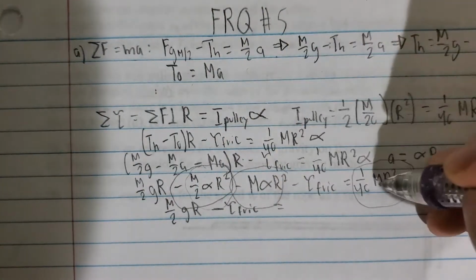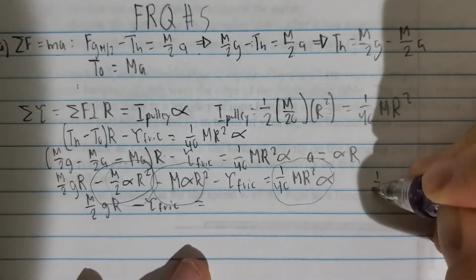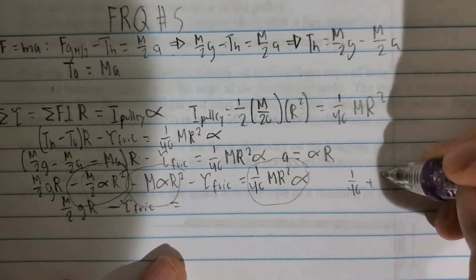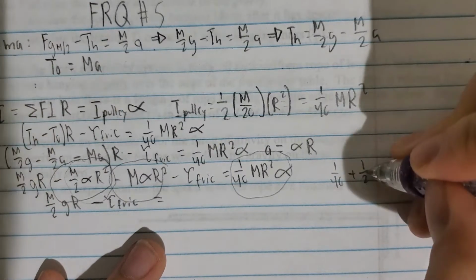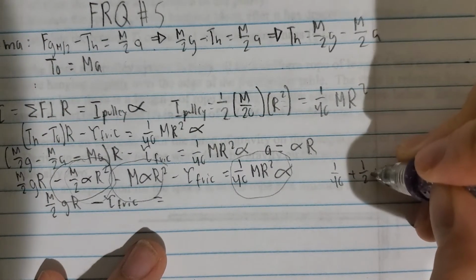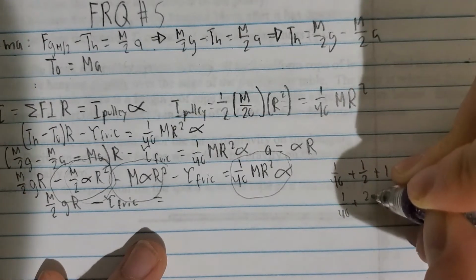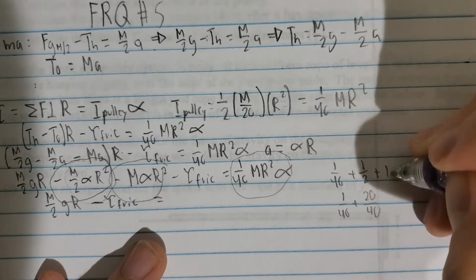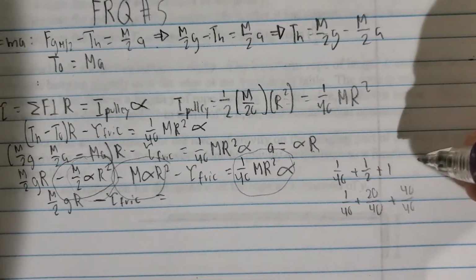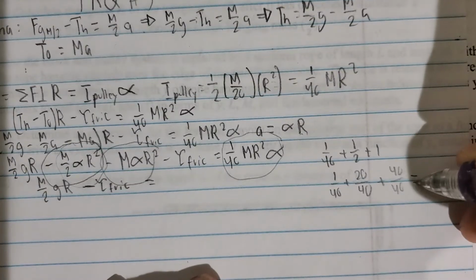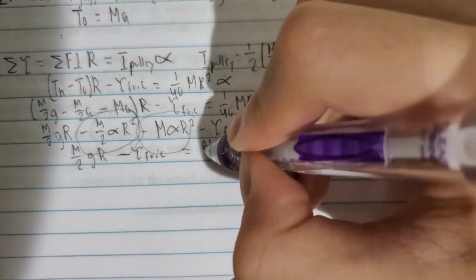and that's equal to, so I have to get a common denominator, right? So if I add these two over, it's going to be 1 over 40 plus 1 over 2 plus 1. Now to get a common denominator, I times this by 20 over 20, so 1 over 40 plus 20 over 40, times this by 40, so 40 over 40, and then times it by 40 over 40, so I get that. This ends up giving me 61 over 40. So this side is going to be 61 over 40